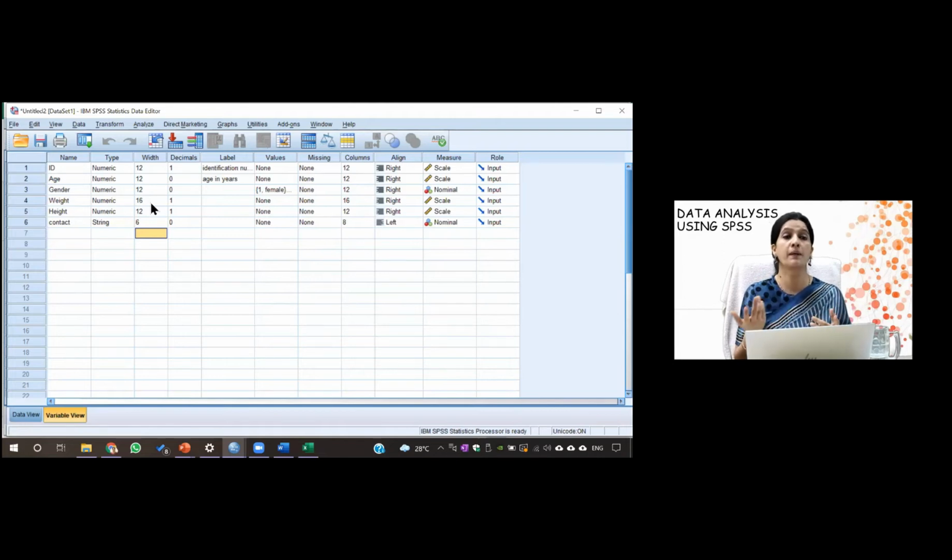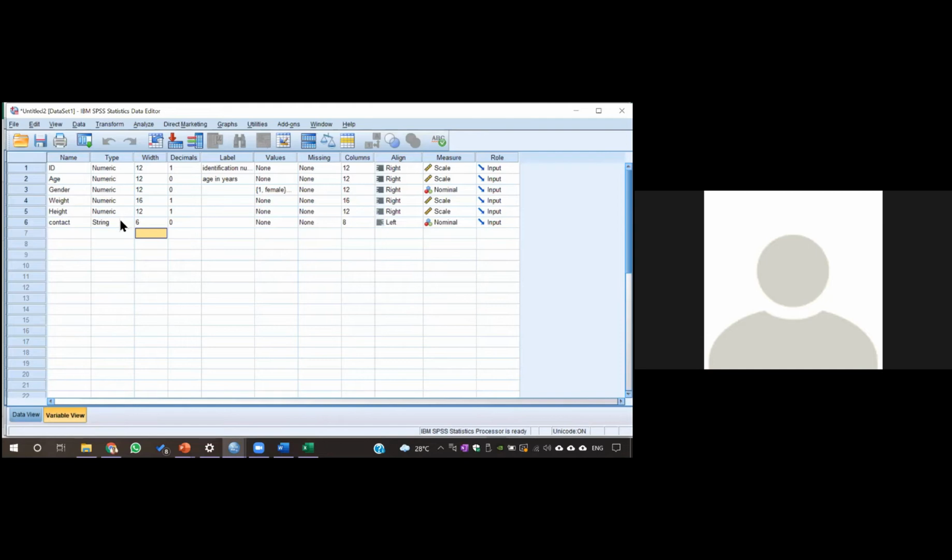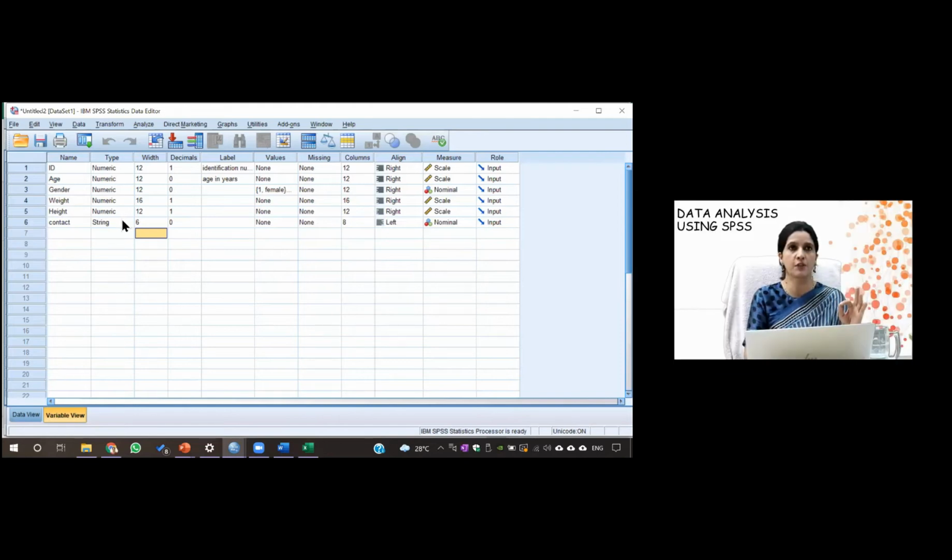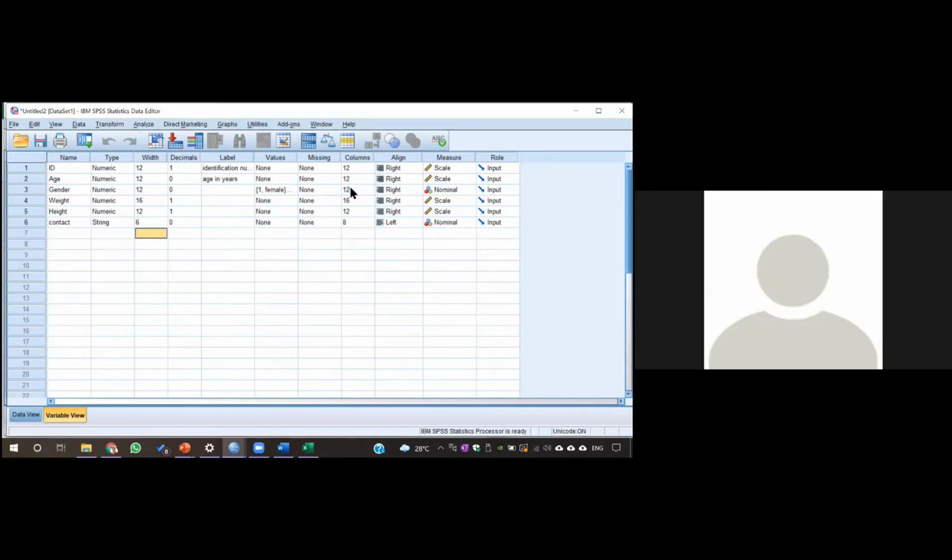Otherwise, for open coded, like if you have asked something like satisfaction, dissatisfaction, reason for dissatisfaction, and if it is in string, means it is in sentences, then you may need to increase the width of the string. So this width stands for the string type of variable, the number of characters which you can enter, and this decimal tells you about the decimal of a numeric variable. Is it right? Yes, ma'am. So this is particularly not applicable to these numeric variables. It's just that the column will be there, but it's not applicable to these.